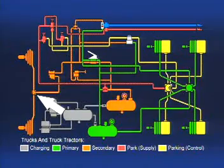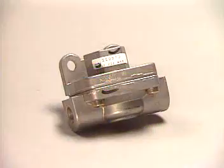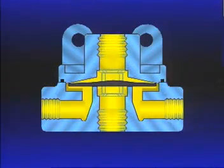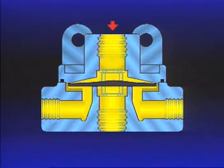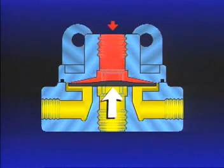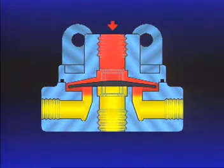So a quick release valve is installed between the chamber and the brake valve to shorten the brake release time. A quick release valve, such as the QR1, has only one moving part, a diaphragm. Air from the brake valve enters the QR1 at the supply port during a brake application. Entering air causes the diaphragm to seal the exhaust port. It also bends the outer edge of the diaphragm away from the valve body, allowing air to flow to the